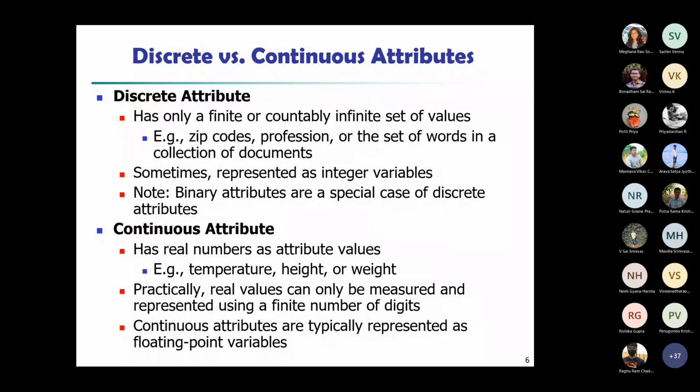Temperature, height, weight, age, etc. are continuous attributes, when you have numbers which are continuous, like infinite values it could take. So we say continuous attribute. I think discrete, continuous, etc. you have started learning from long back. So it's the same here, but the attribute takes discrete values or it takes continuous values.